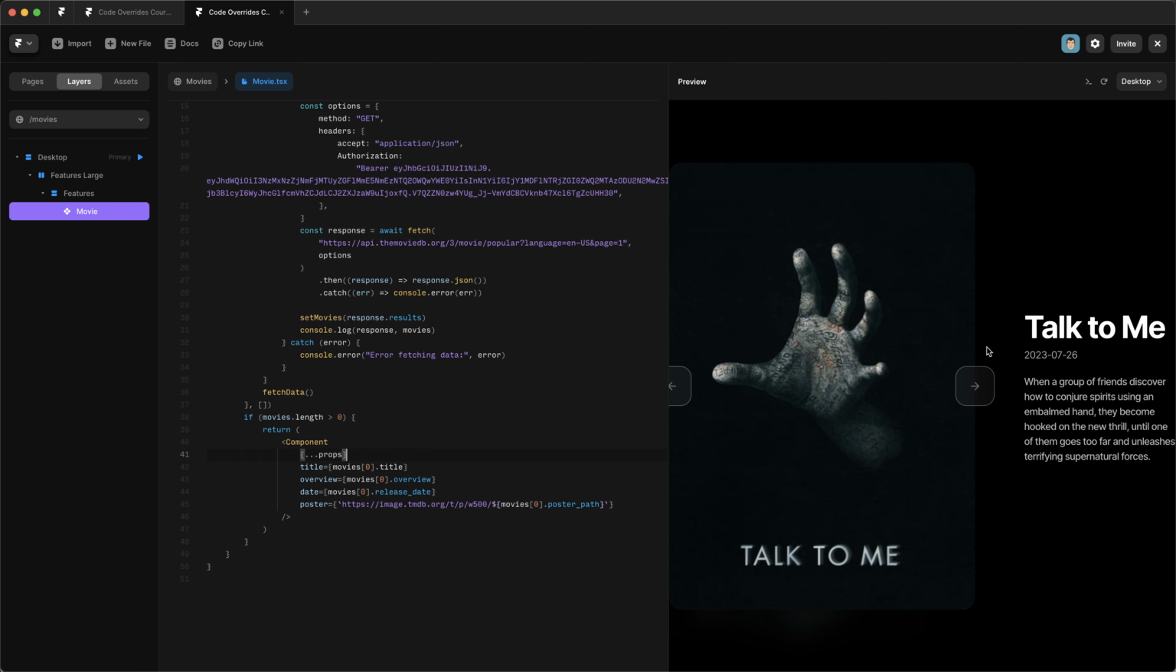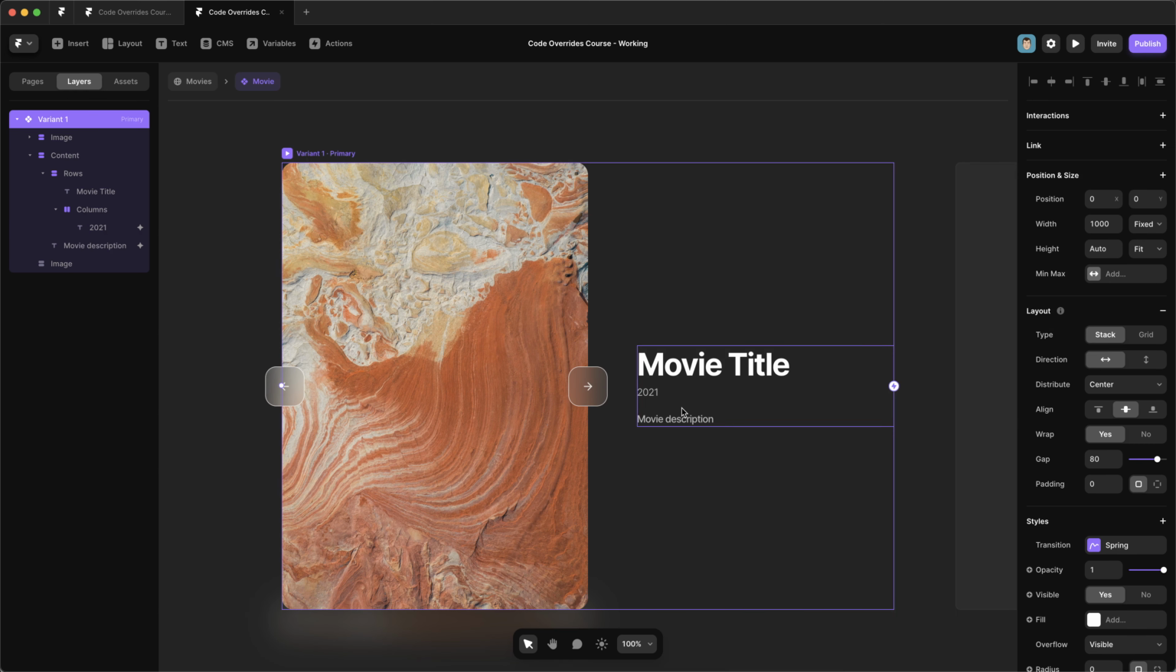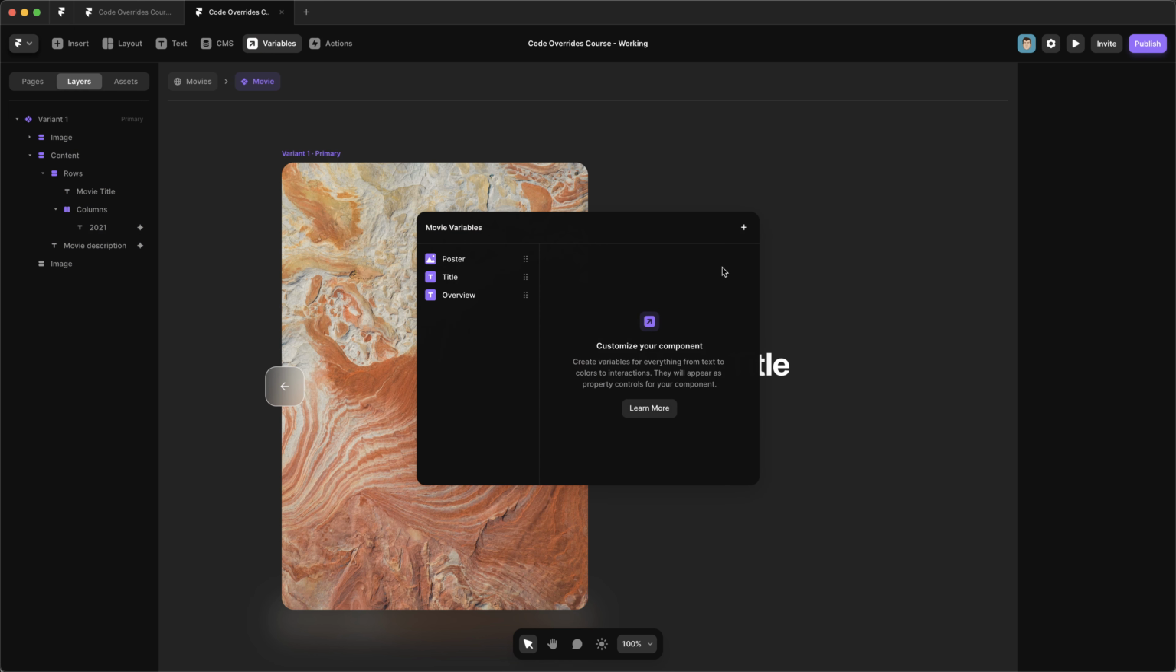So one thing I don't like is the way this date is formatted. Now, what I could do is format it in code over here, but actually we can just work with Framer's variable system to do that for us. So if I go back to the component, and you can see that we pass in a date variable here, but it's just a string. So what we need to do is go into the component, and let's remove this date variable,